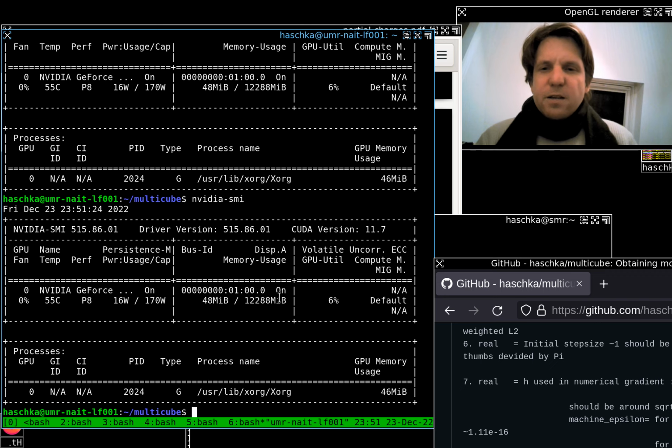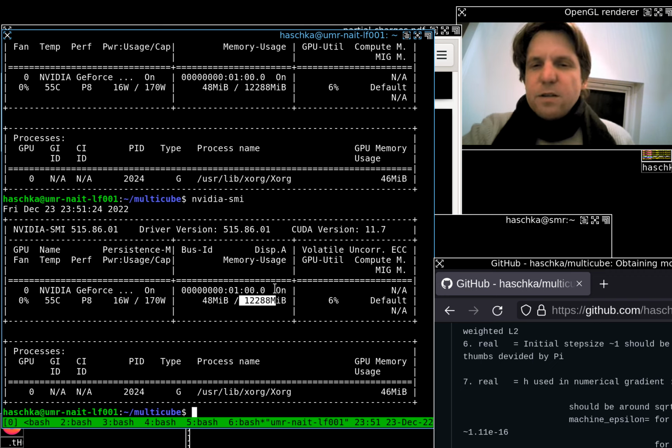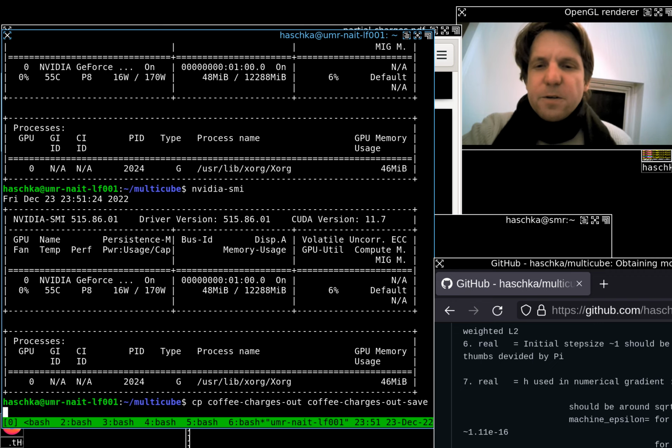Whatever. It's pretty fast stuff. Yeah, it has 12 gigabytes of memory. As you can see, it consumes 170 watts, so it heats my little workplace. But if I run this here,